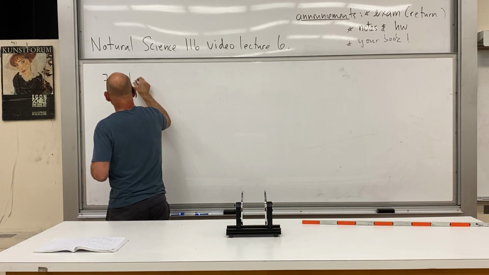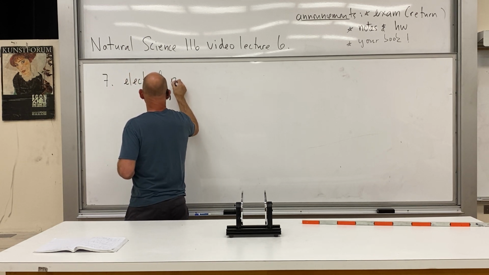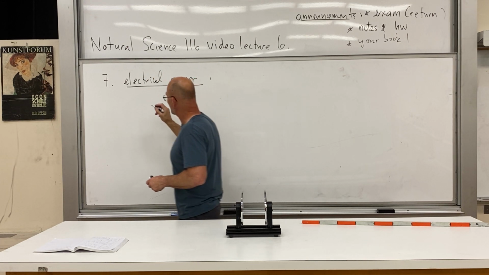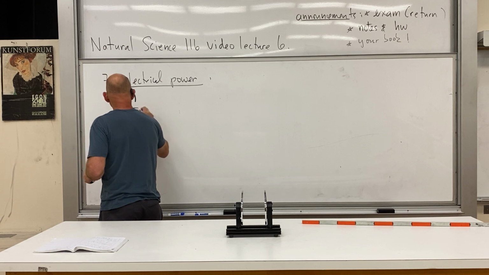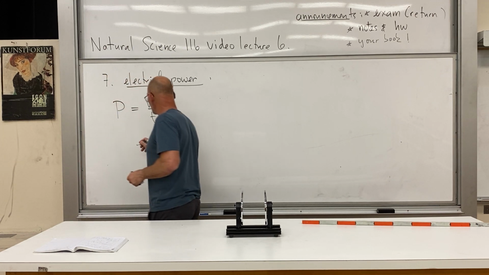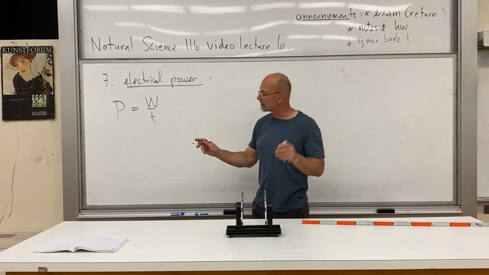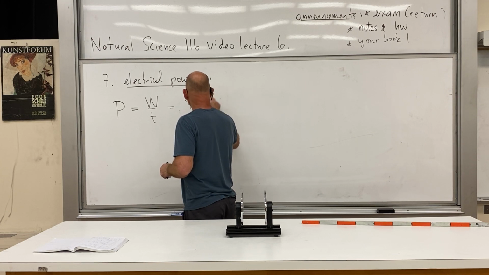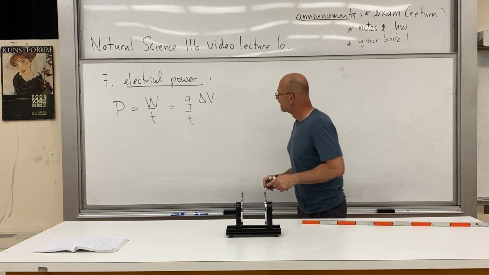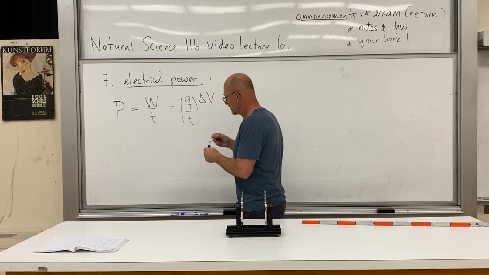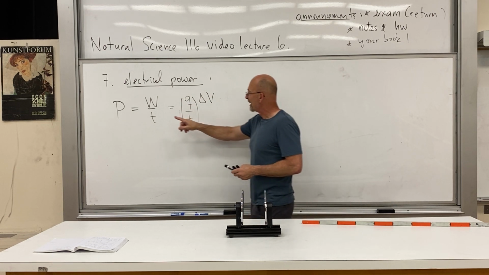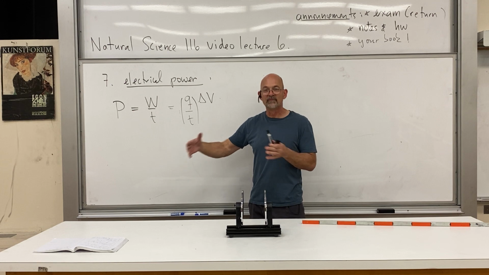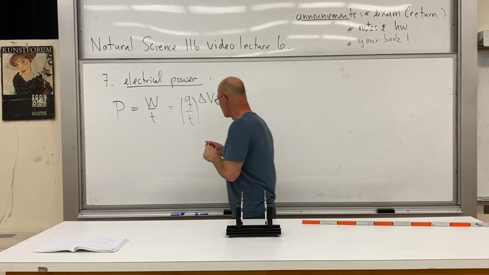So electrical power. We would say power is equal to work over time. We know that's joules per second. That's watts. We're familiar with that. But we have Q delta V over T. And lo and behold, what is this but power is a current times a voltage, because this Q over T is just the amount of charge per time that's flowing. So the current